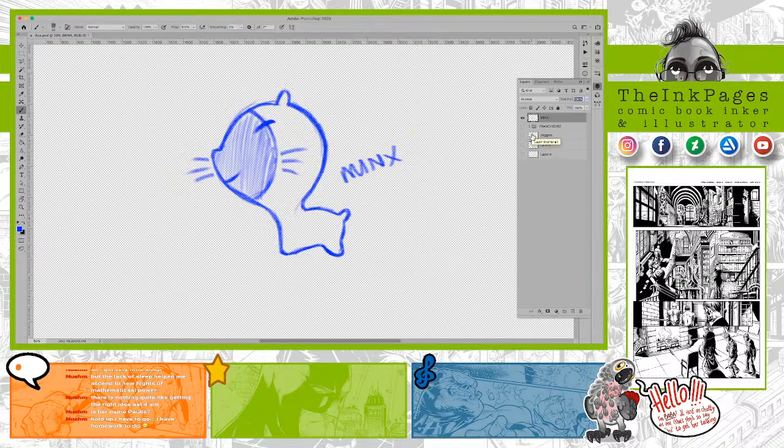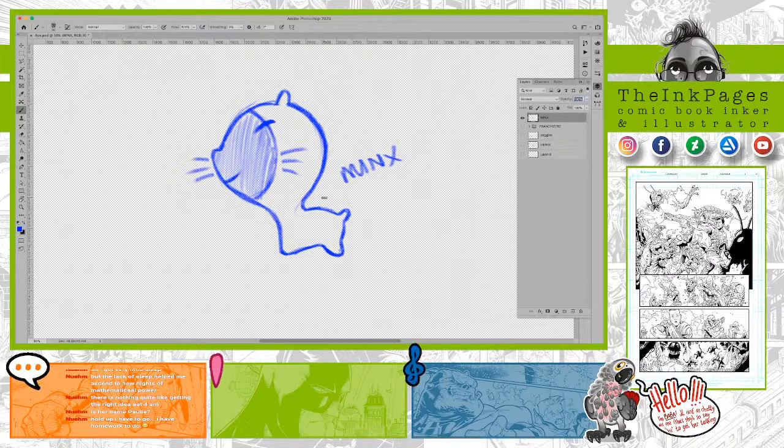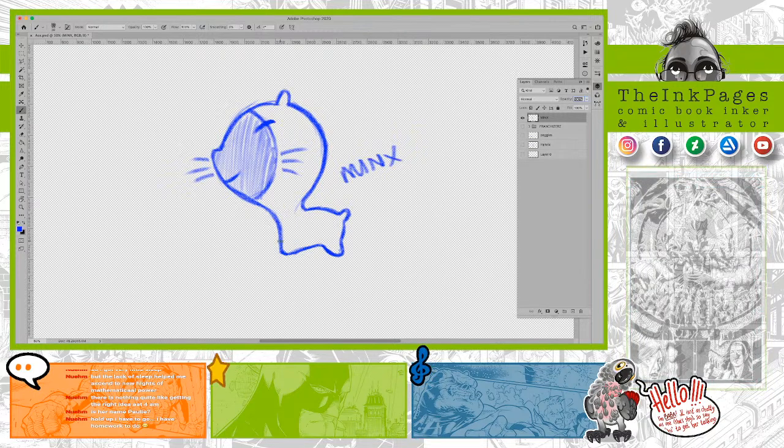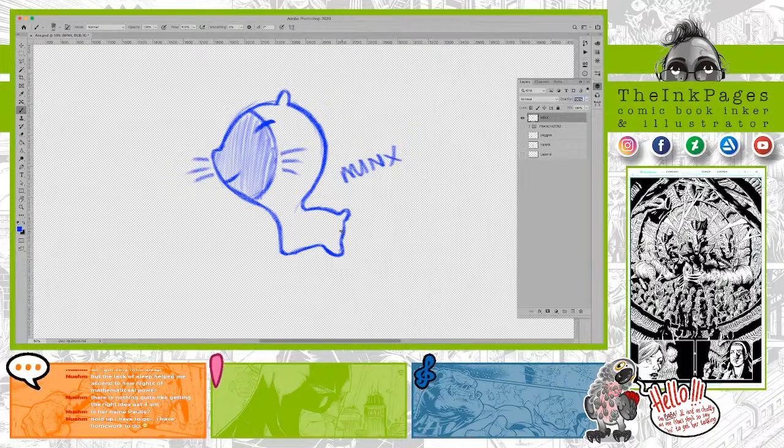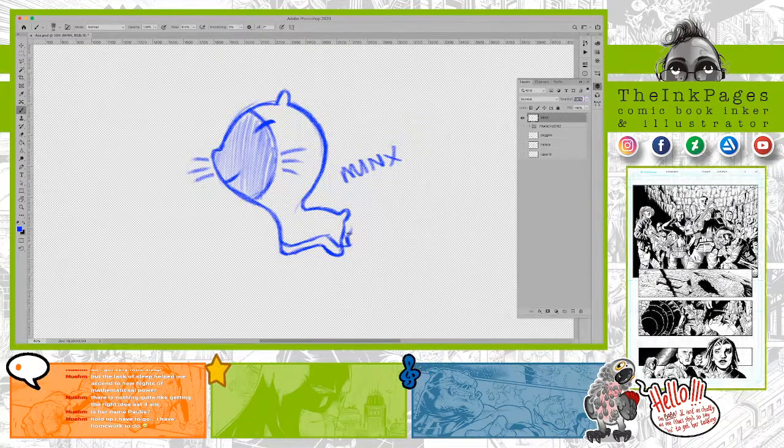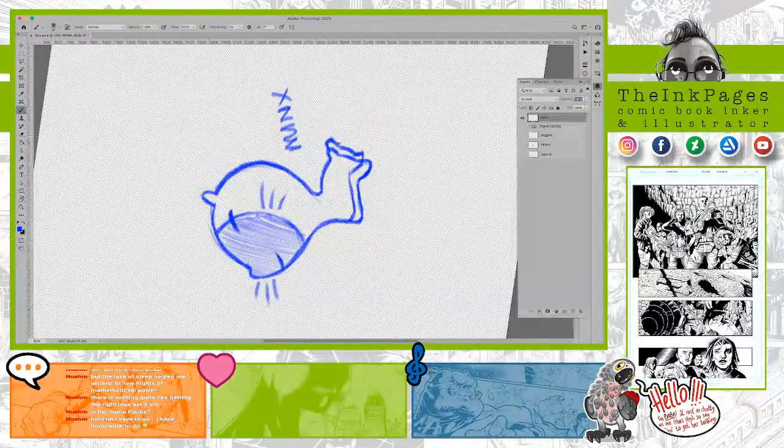I feel like the head is bigger in the original. I don't know why. Maybe the body is a bit longer. Yeah, I think the body is a bit longer and the legs a bit shorter. So it would have to be something like this. And then we've got this, and then this. And that's